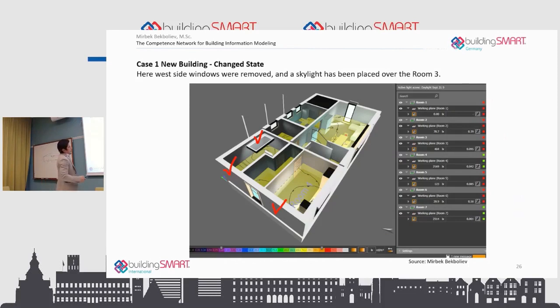Here, to prove what the difference and the effect is, I simply deleted the two windows on the west facade, plus there is a terrace here on that floor, and I simply installed a skylight.